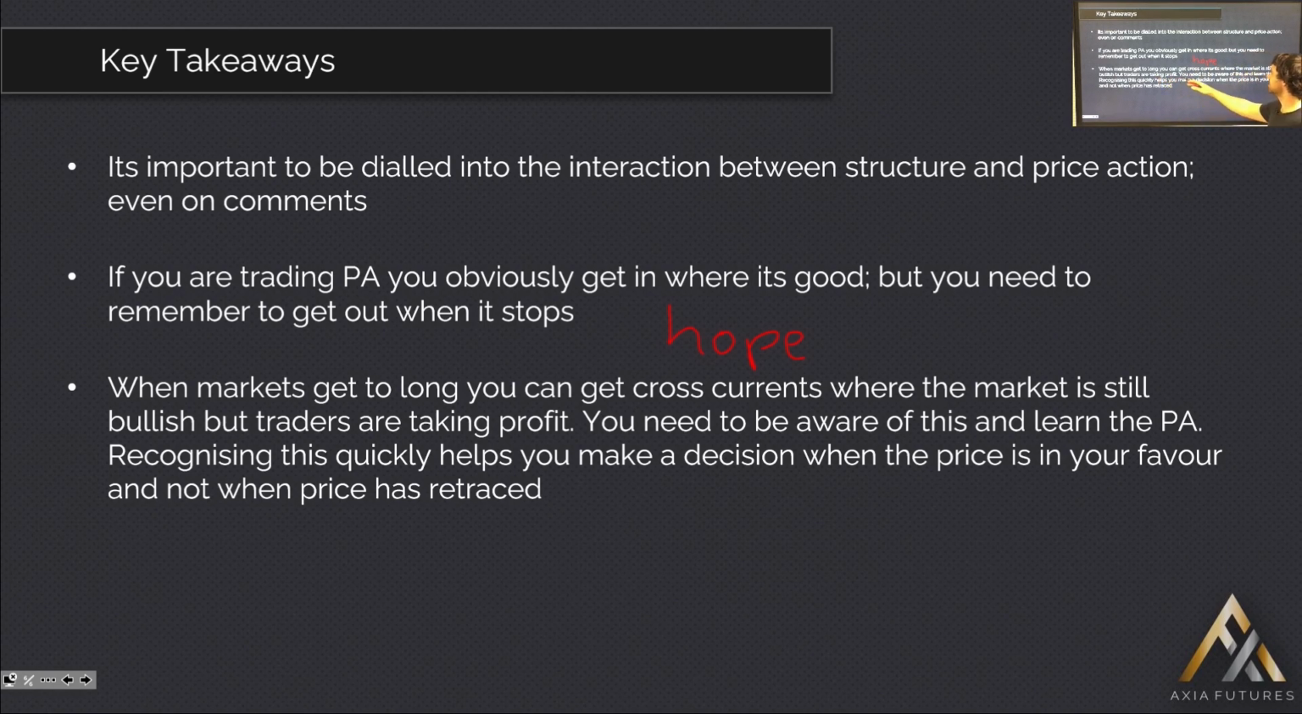Talking about the price action specifically that we were seeing, when the markets get too long, you can get cross currents where the market's still bullish, right? We're still getting traders buying, but then other traders are in taking profit, or anything can really be going on there. So you need to be aware of this and learn what price action looks like when the markets get too long or get to structure where people start to take profit, like resistance points. Recognizing this price action quickly helps you make decisions when the price is in your favor,